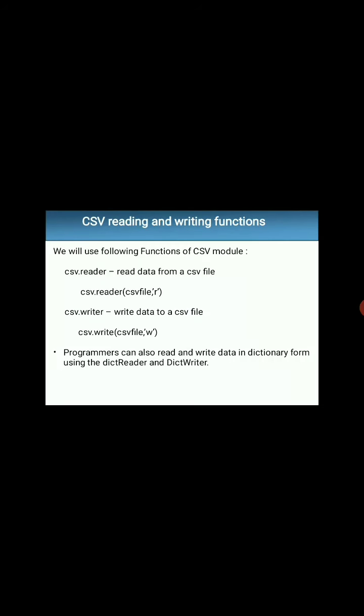For reading purpose, we write the command csv.reader within small bracket csv file, comma, single quotes, we will write r. And for writing we will write csv.writer, small bracket start, csv file, dot w. w for write and r for read. Reader means we are reading the data from the file and writer means we are writing the data into a